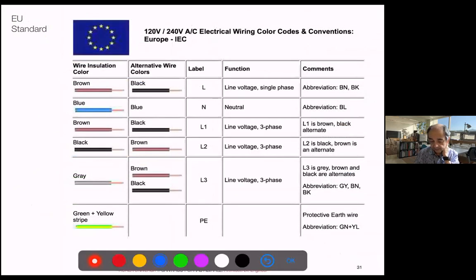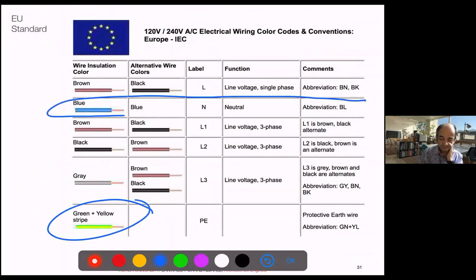In Europe, for example, and this is the difference, the earthing is universal, but neutral is blue. Now we use black, brown, or gray for the phases, for the different phases. So that enters in conflict with the American standards. Probably Mexico also follows the American system, I guess. So for me, it's very easy. When I do something, I know blue is neutral. So I know that's the safe cable.